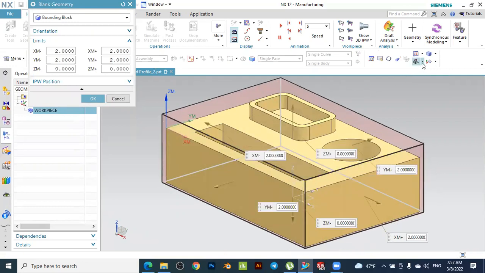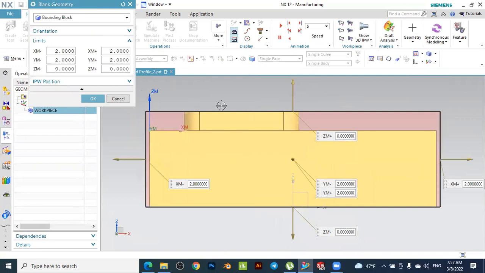Now we can make some changes. Let's make the z along the z positive, along the z is the 0, so it exactly fits with our workpiece. And make the along the x and along the y is 2 millimeters in both